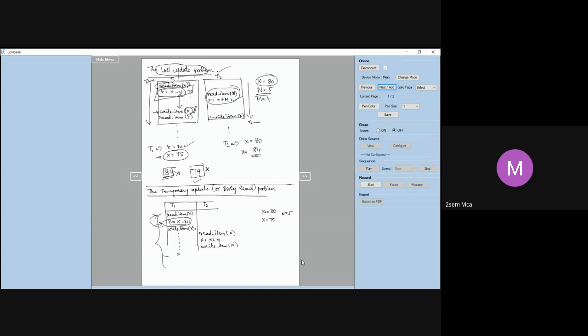If that doesn't happen, transaction T2 will read before the system has undone this value. What has happened? T2 has read this particular value. Now this X we call the temporary read. We call it the temporary value of x, which will not be recorded permanently in the database, because transaction T1 has failed.